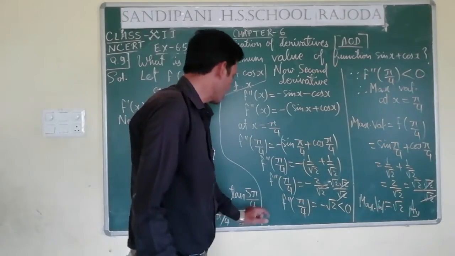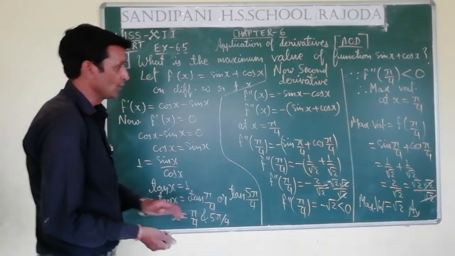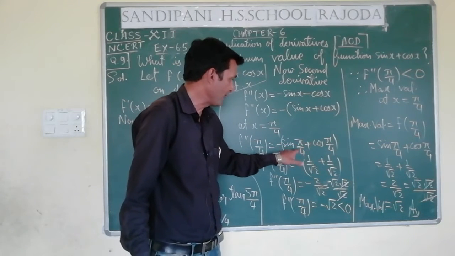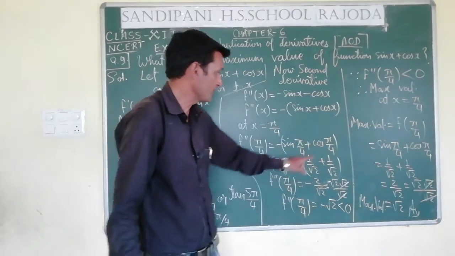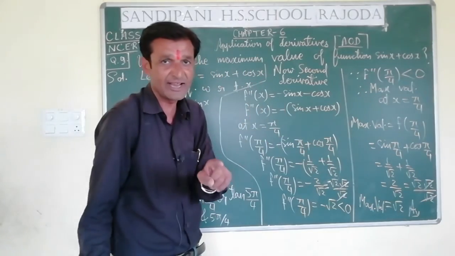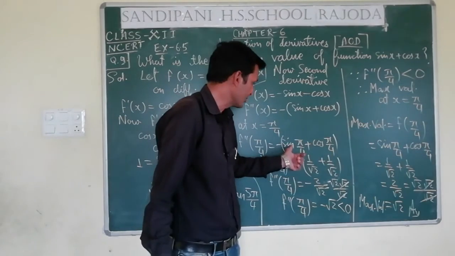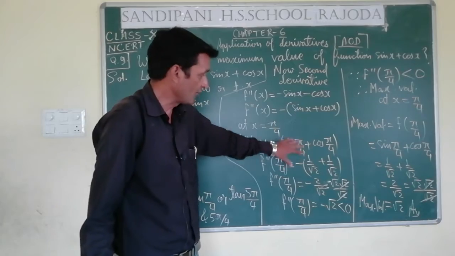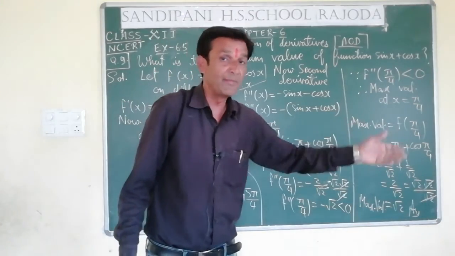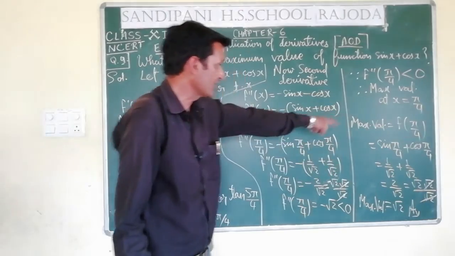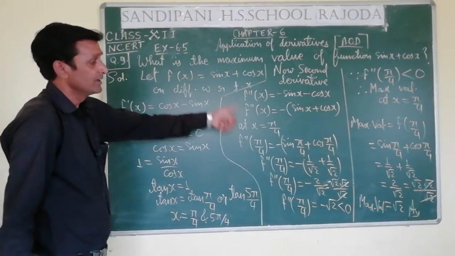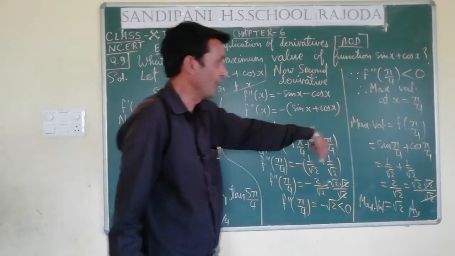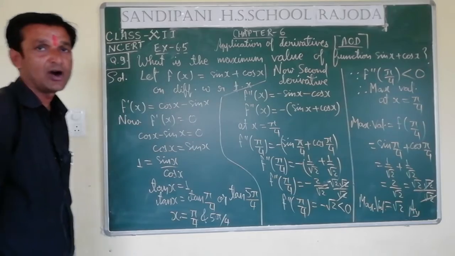But let us talk about this 5 pi by 4 also. If we do this as 5 pi by 4, then what will happen? If we write sin 5 pi by 4, it is negative, and cos 5 pi by 4 is also negative, because all students take, tan and cot are positive, remaining are negative. So that minus, this is a negative quantity, this is a negative quantity, and here it is minus. So it will become plus. So that is my minimum value we can say, and we have to discuss only the maximum value. That's why this is the only solution. Maximum value is root 2 at x is equal to pi by 4, and this question number 9 is now over.